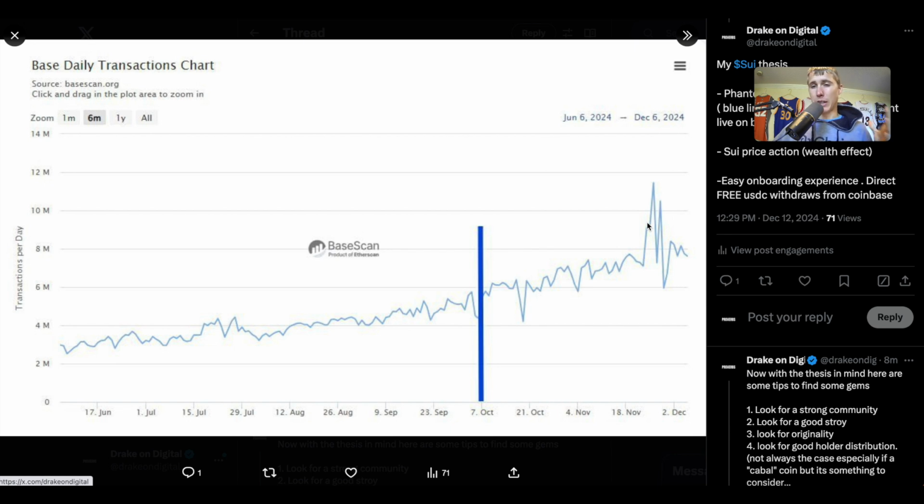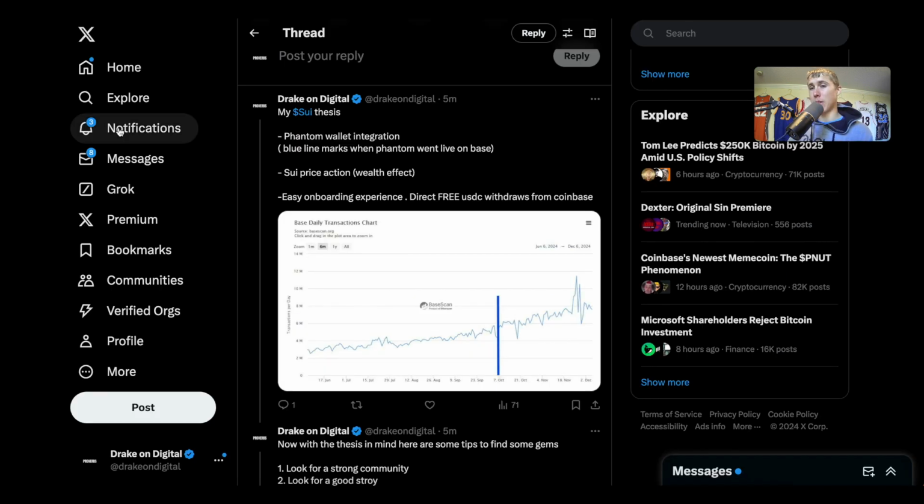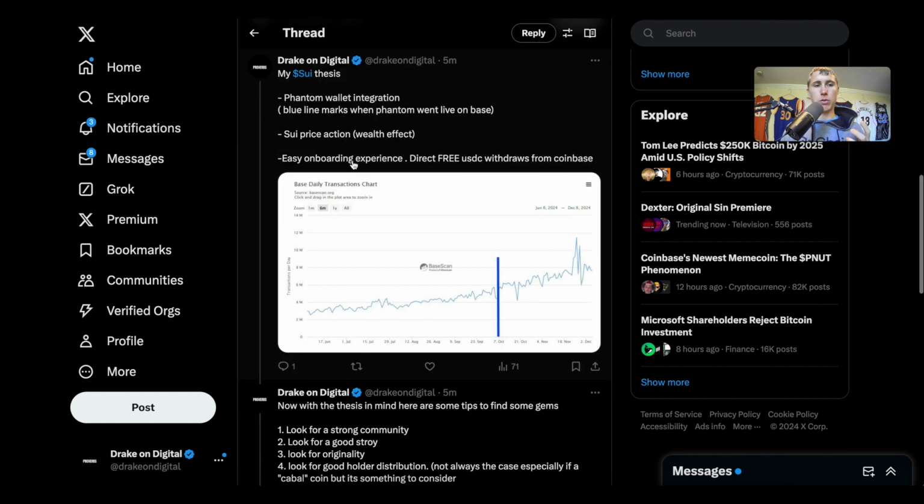Several weeks ago, Phantom was actually ranked like number 3 or 4 in App Store downloads. So that just kind of shows you the size of Phantom. It was actually bigger than Coinbase at a certain point. So basically what I'm trying to show with this data point is a bunch of people already have a Phantom wallet on their cell phone. So integrating with Sui, it's like, oh, okay, well, I already have Phantom. I might as well go ahead and play around with Sui,